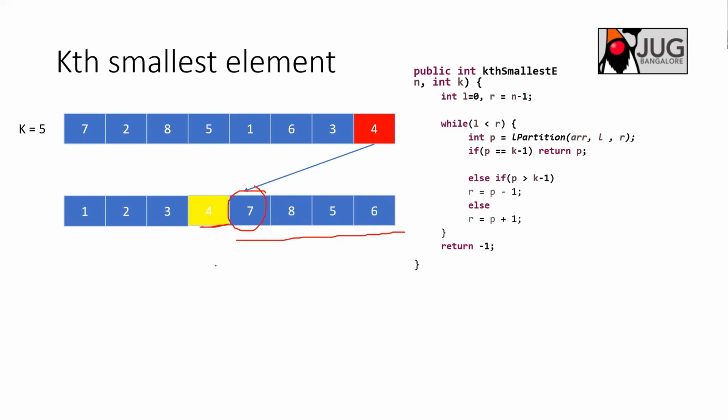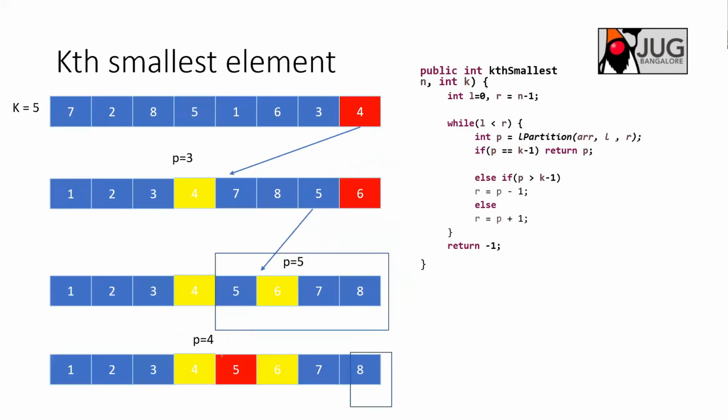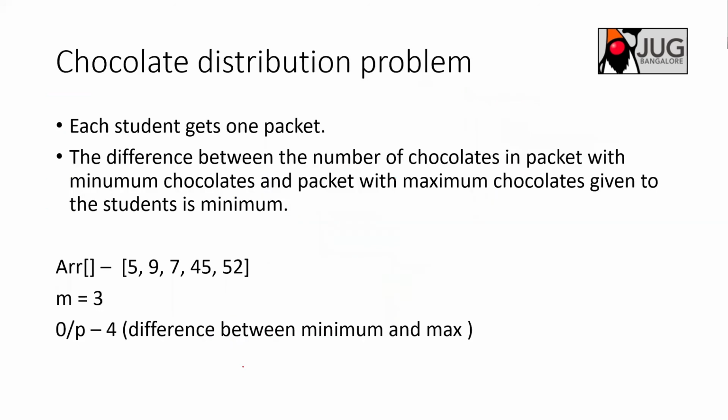So what you do, you call Lomuto partition on the right side, right? And then you select 6 as a pivot and then sort. And now you got two positions, one is this and one is this. This anyway you have verified. So you come here and you check, but you're looking for this element. So you call Lomuto partition on 5, right? And finally you identify that the fifth element can be placed exactly here, and you know that this is the element you are looking for, and you just return. That is how it comes. I hope that is clear, right?